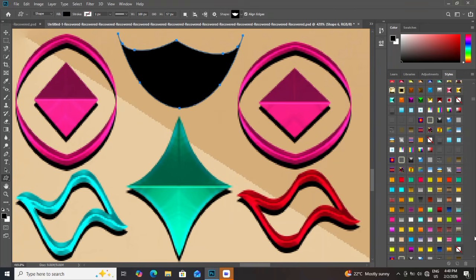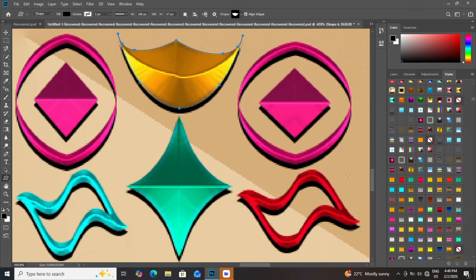For tighter edges, reduce brush hardness and size. Zoom in around edges like